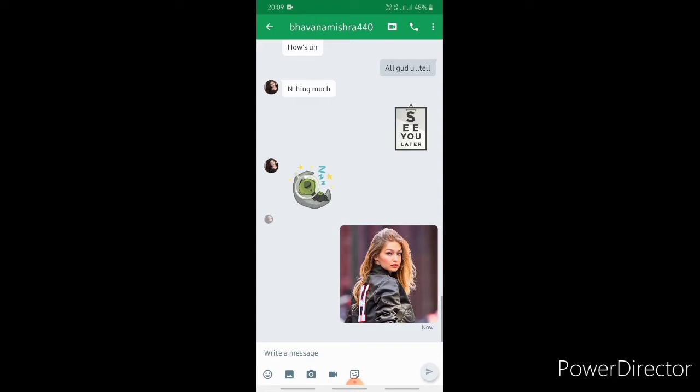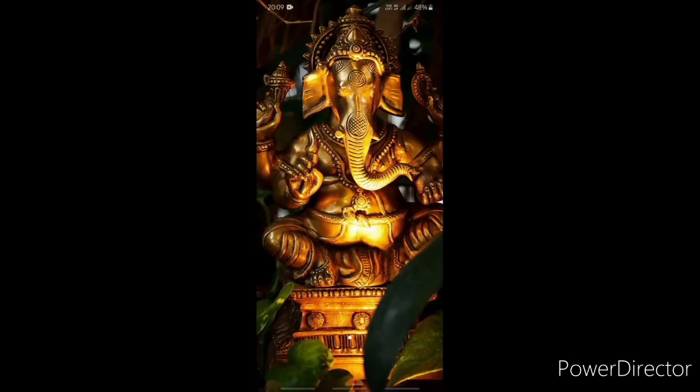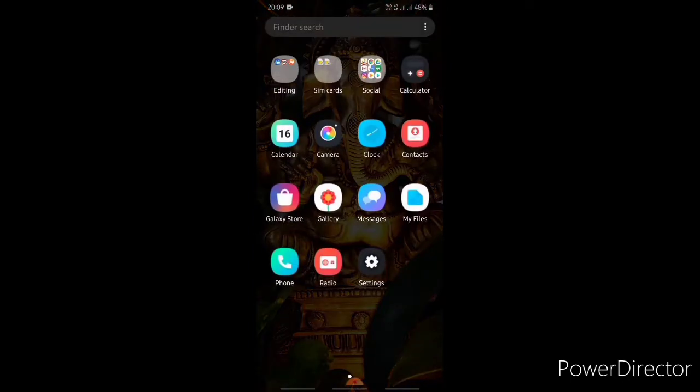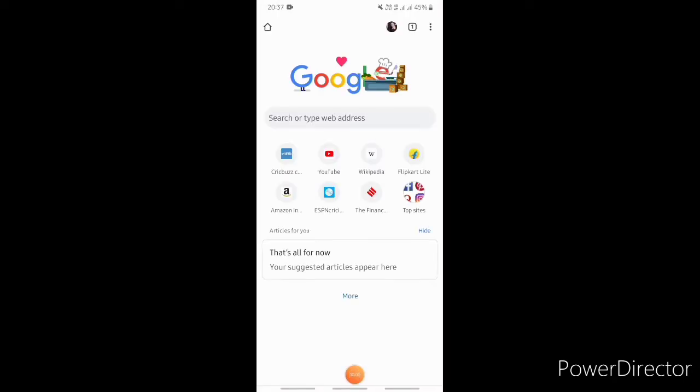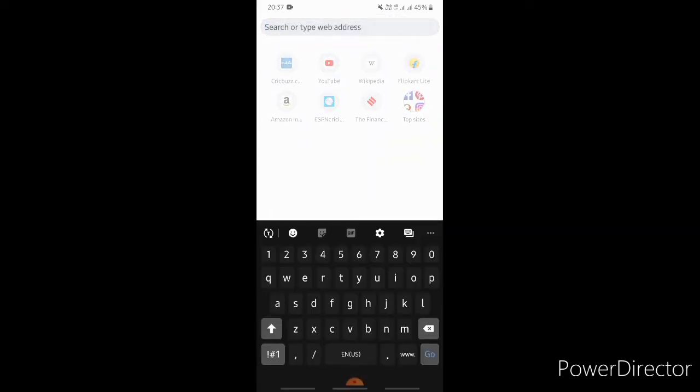So to unsend the pic, we will go to our browser and then click on a site, and from here we will unsend this pic. If you are watching me continuously, you must know about a site where all the Google users can manage their images. So open your browser. And if you are not watching me continuously, don't panic guys, I will show you how you can manage all your images. So you have to search for a particular site called About Me. It is a site which allows you to manage all your private or public details. So we will search for it.